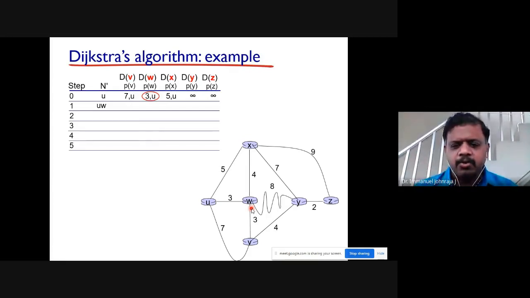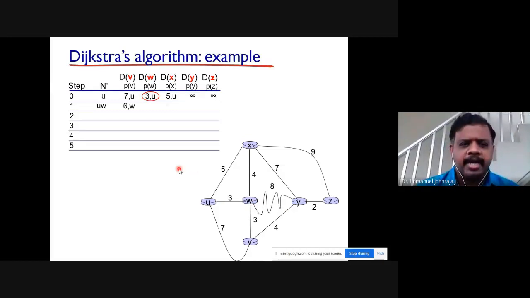All right, so this one you should correctly understand, otherwise things are easy. To go to v, which is the least cost? 3 plus 3, 6. The earlier one was 7. Now we have to find the minimum. Through w, if you go, it is going to be only 6. So to v, you will have the value of 6 and the predecessor is w. All right, sir. What about y? Earlier it was infinity, but here it is 8 plus 3, 11. So if you go from u, w, y, it's going to be 11 and the predecessor is w.